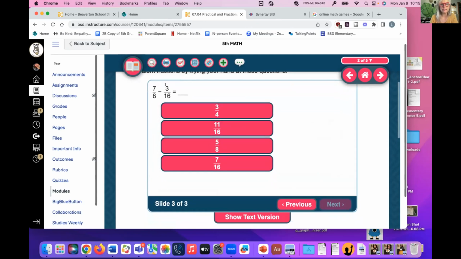Okay, 7/8 minus 3/16. What am I going to change here? What am I going to change in my denominators? I'm going to have to make my eighths into 16. Yep. So what do I have to do to times 8 by to make it 16? 2. So what do I times the 7 by? You times the 7 by 2. So if I times the bottom by 2, I have to times the top by 2. So it becomes 14/16. I double the top, double the bottom, right? 14 minus 3 leaves